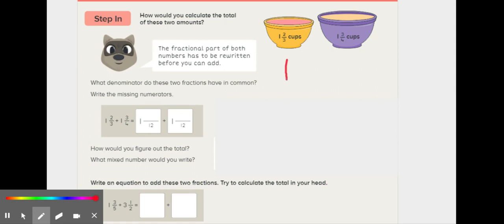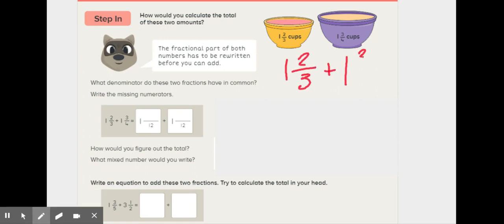So our problem would be 1 2/3 plus 1 3/4. And then I'll know that 2 wholes will be in my answer. So I'm really just looking at the problem 2/3 plus 3/4. So I could do a quick multiply,